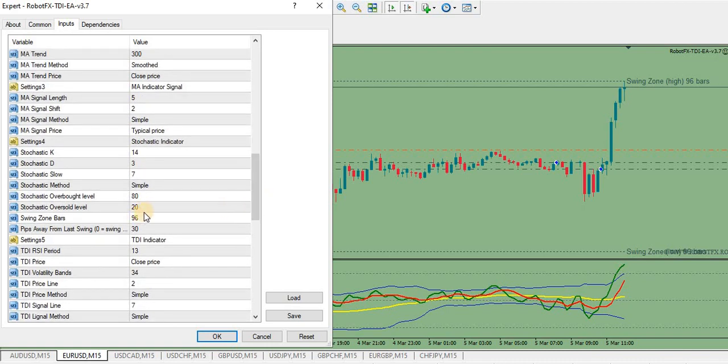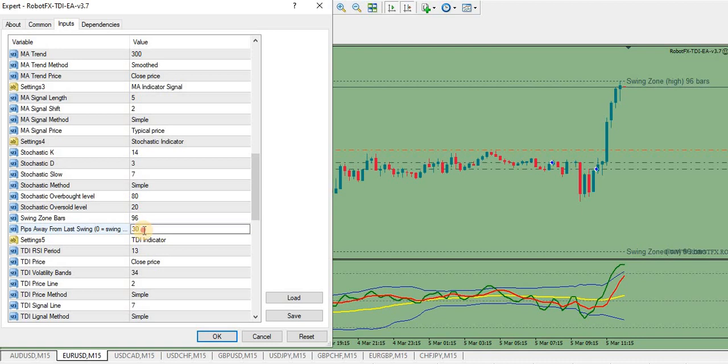That means that for this number of bars, for this period of time, the price must be at least 30 pips away. This is a value in pips away from last swing. The price must be at least this distance away in pips from the last swing